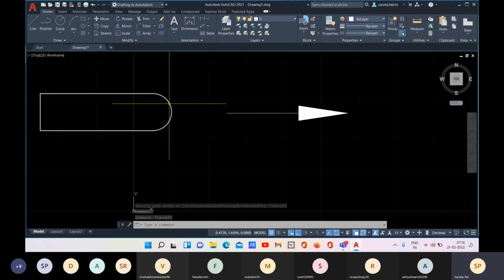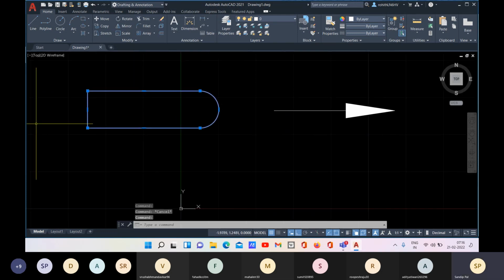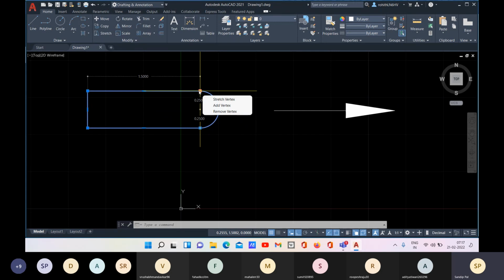Now let me show you here with the grip points of the polyline. If you just place your mouse pointer on this grip point, you see it showing you the length, right?